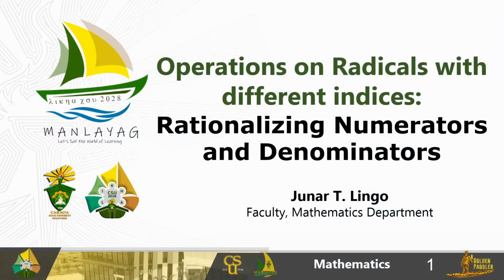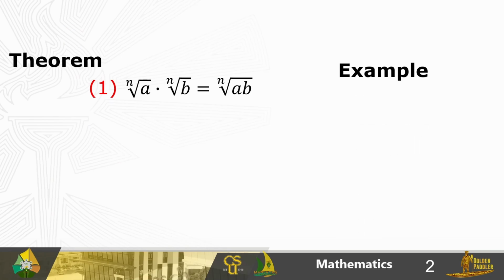Good day. So let's continue our discussion about operations on radicals, but this time we're focusing on different indices. For different indices, we can utilize the rationalizing of numerators and denominators. Now, take note that in the previous discussion about operations on radicals, we introduced this theorem, which is the